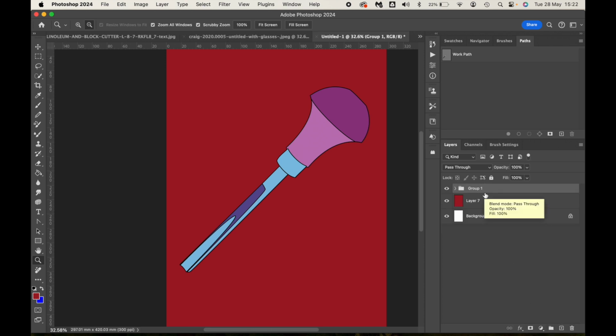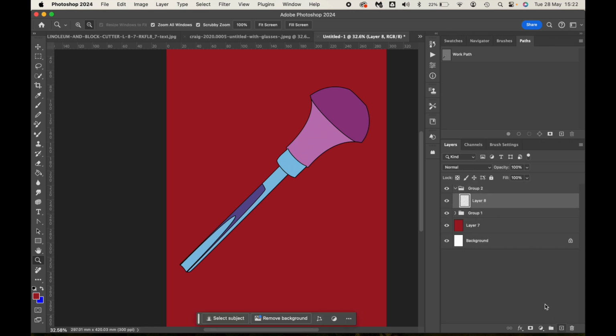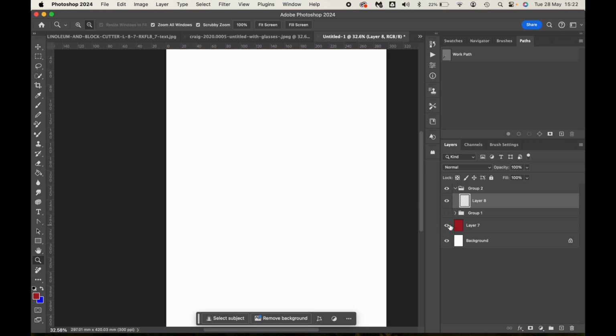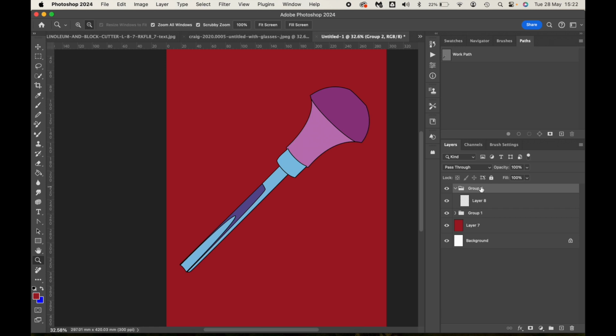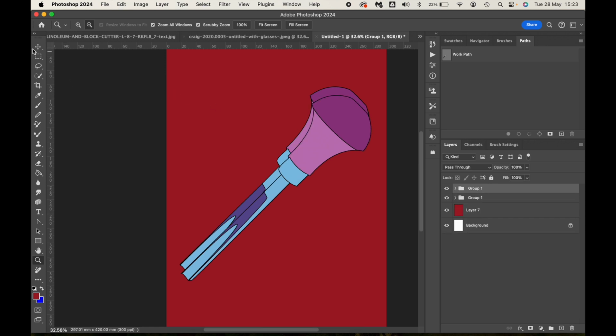And then if you were going to do another one, so something completely different, you'd just do a new group, another group there, and then you'd fill that with all your new layers to trace something you might want to turn off, obviously, other parts of that image. But just to show you what I mean, I'll just duplicate this one, and you can see I've got two there. Click this one here,